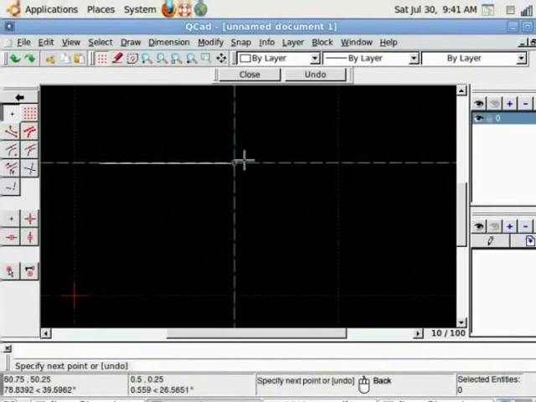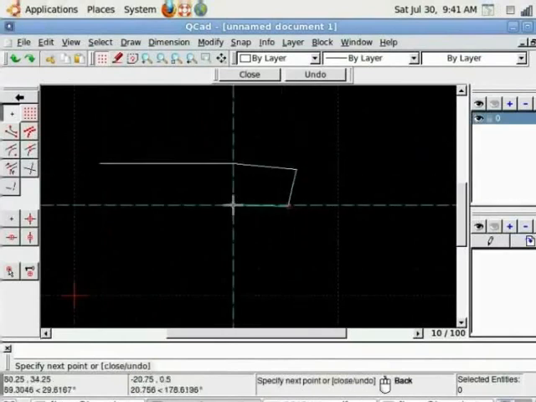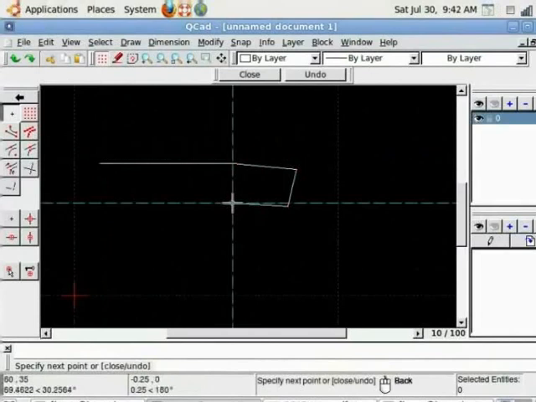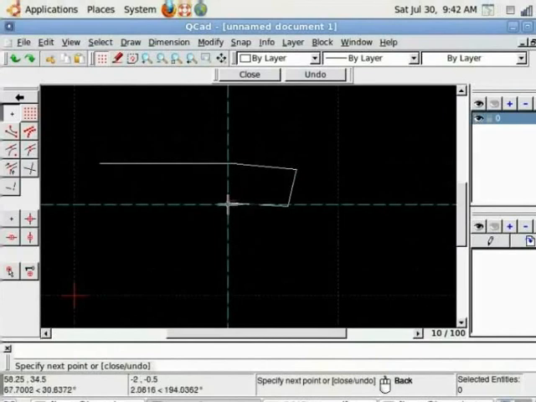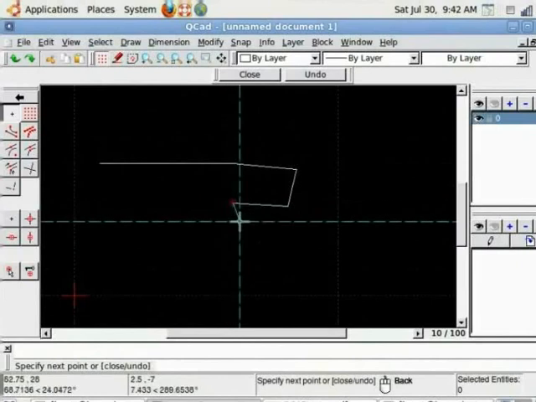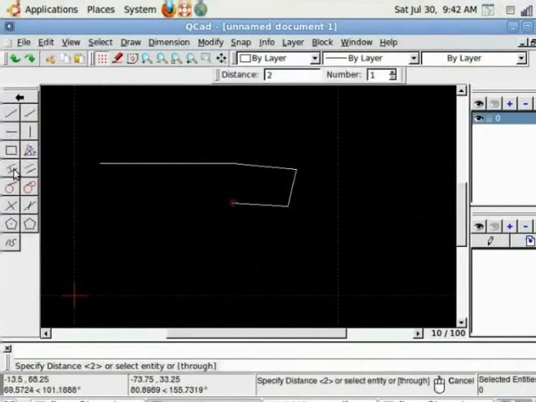Notice if I keep clicking further, it will keep on drawing the line because QCAD is still in line command. For this, I need to come out of that command. To come out of any command, you press either enter or escape button from keyboard twice, or double click right mouse button and you are out of any command. Similarly, you can draw parallel lines, vertical lines, horizontal lines, lines with parallel lines with a distance. Let us see this option.